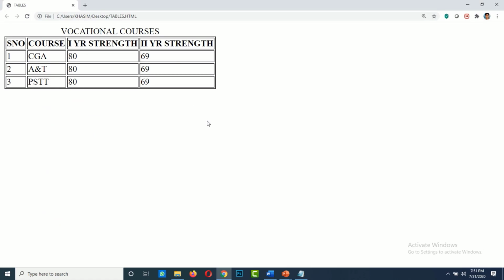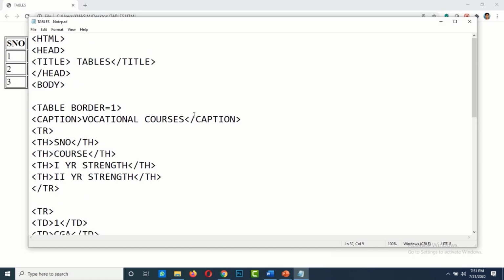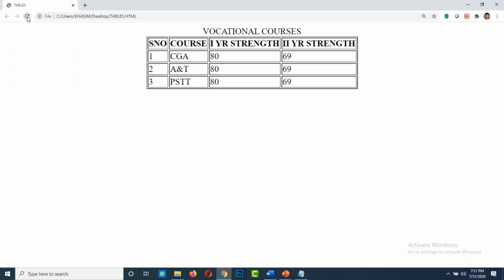Now we are discussing table attributes. The first attribute we are going to discuss is align. Align equals to center. Save this. See, now with the help of center alignment, you can align your table to the center.